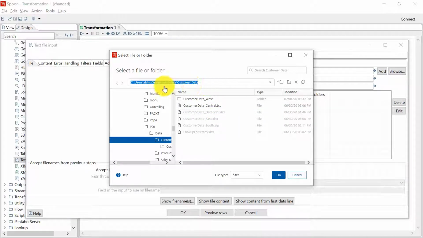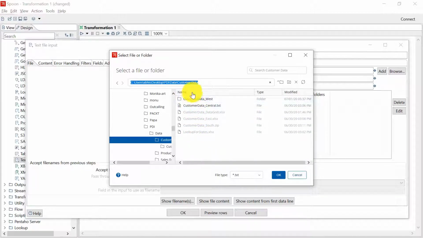I would suggest that you copy and paste this location in some text editor on your system so that you do not have to reach this location every time we have to select a file or a folder. Because in the coming videos also, we'll be selecting the other files which are present in this folder, and every time PDI will be opening the same initial location.